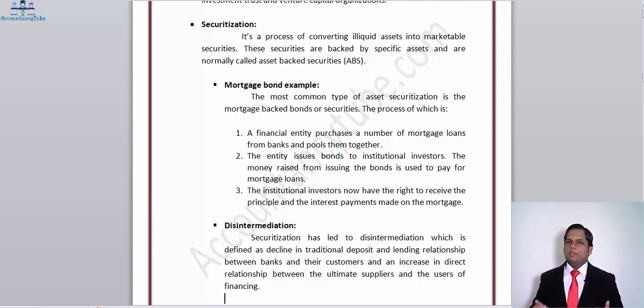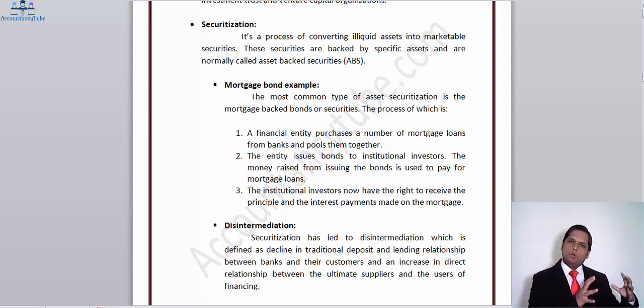In this way, the asset of substantial value, the plant, and the money tied up in those assets is obtained by the company